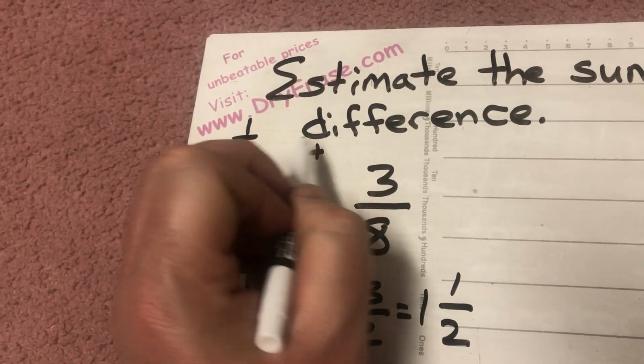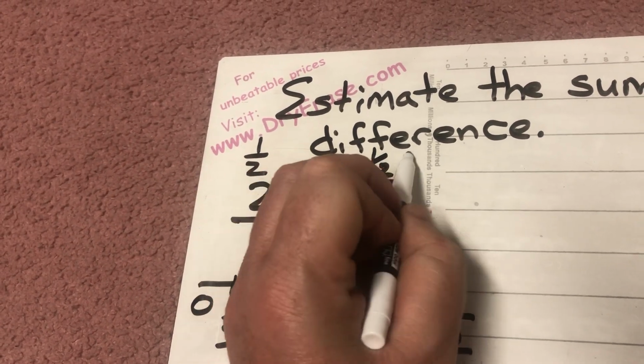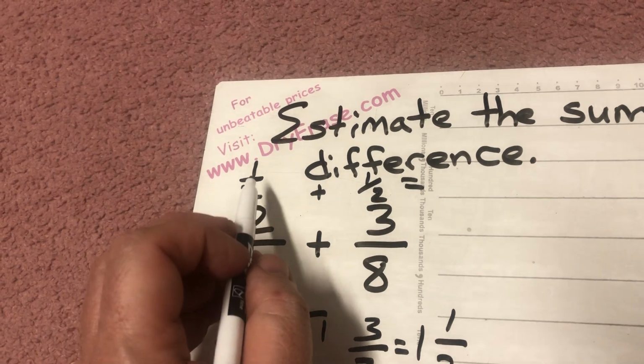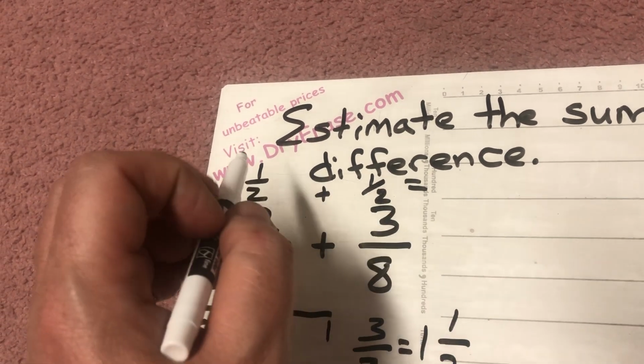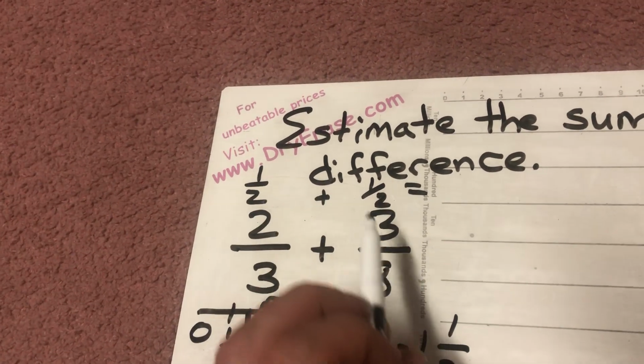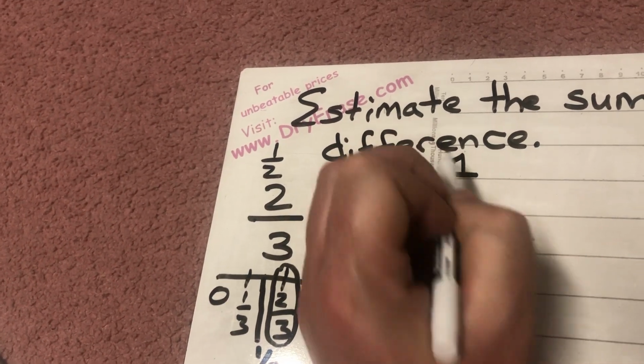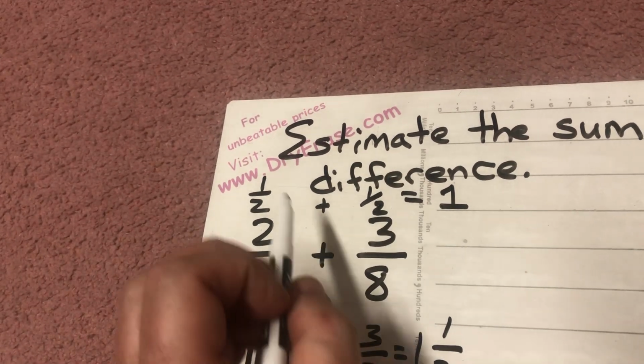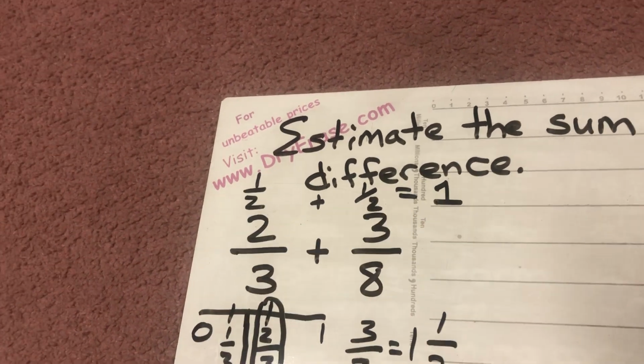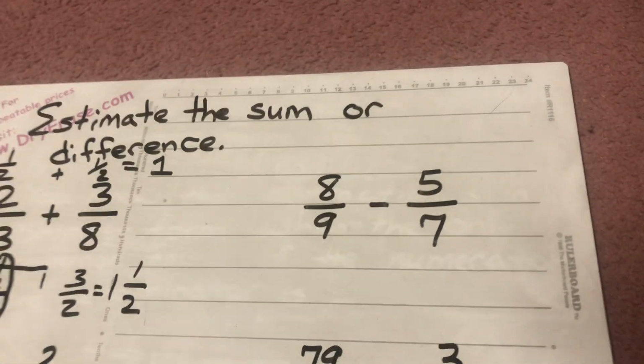This becomes 1/2 plus 1/2. And well, 1/2 plus 1/2, if I have a half of a cupcake plus a half of a cupcake, I have 1 whole cupcake. 1/2 plus 1/2 equals 1. All right, well,